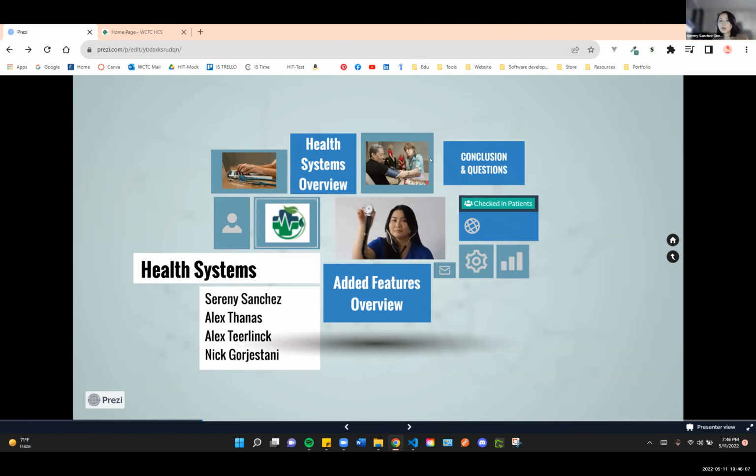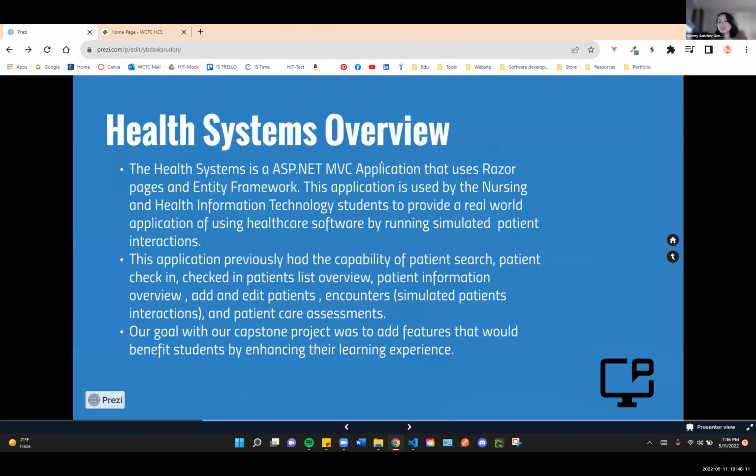So our project was the Health Systems Project. The Health Systems Project is a .NET MVC application that uses Razor and Entity Framework. This application is mostly used by our nursing students and our health information technology students. The goal with this application is to allow the students to gain experience using healthcare software by running simulated patient